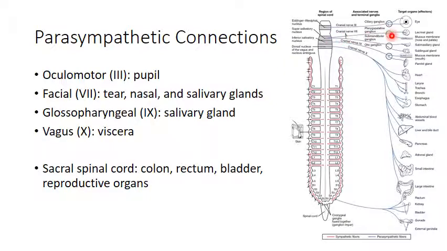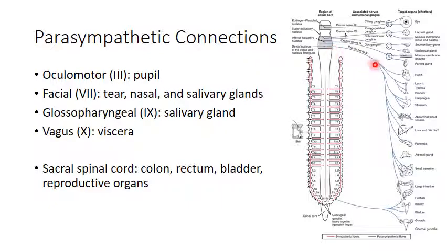Again, we have a couple of ganglia here, but going to our lacrimal gland, which is going to produce tears, the mucous membrane of the nose and palate, and then the submaxillary and sublingual salivary glands. Cranial nerve 9 is going to send innervation to, again, the mucous membrane as well as the parotid gland, which is one of the salivary glands. We can see just by looking at where the cranial nerve goes,